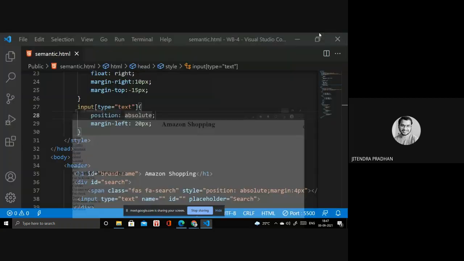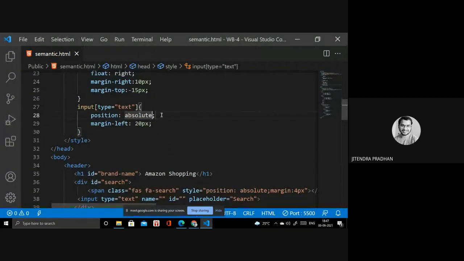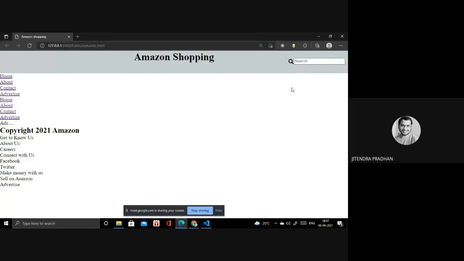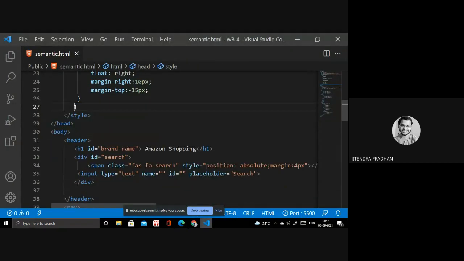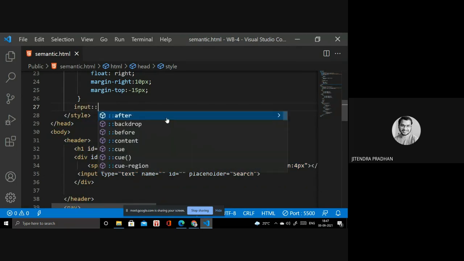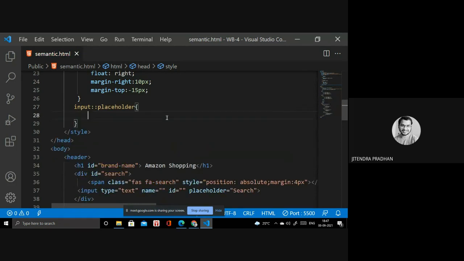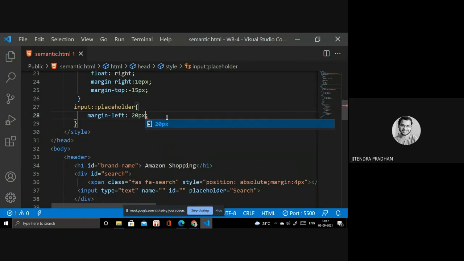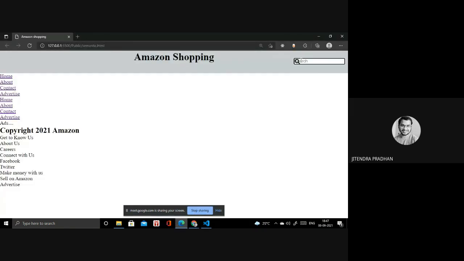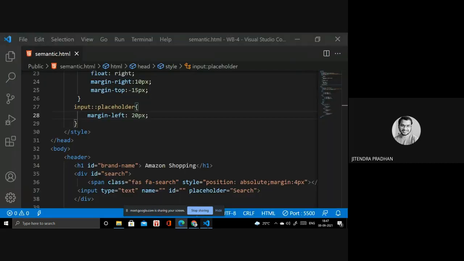Okay, don't worry. I will show you that in the CSS. So next thing is that, yeah, I will remove that one. Not needed at that time. If you require a placeholder, then you have to use input. We are using placeholder. Inside it margin left 20 pixel. It's not changing, right? Okay, not an issue. We'll solve that in the CSS.